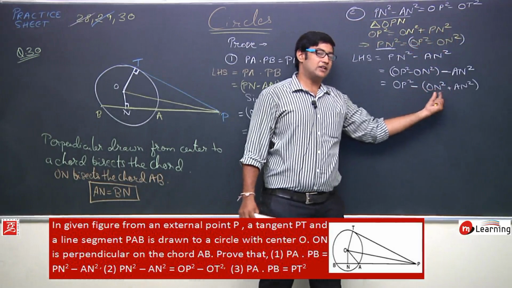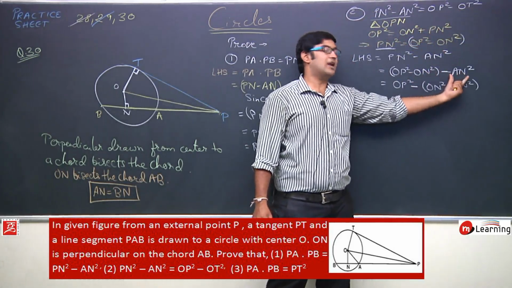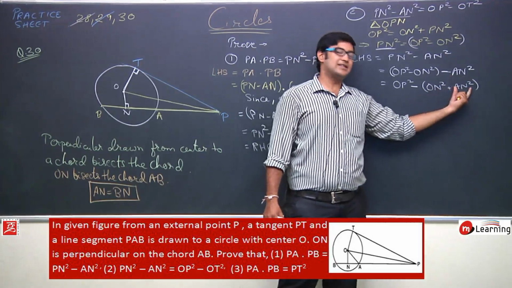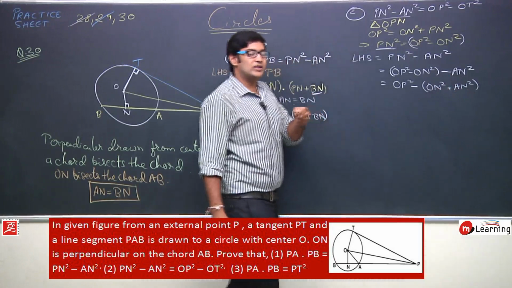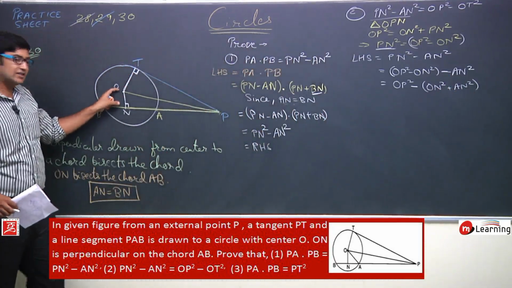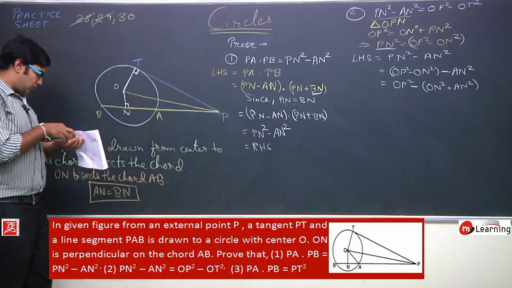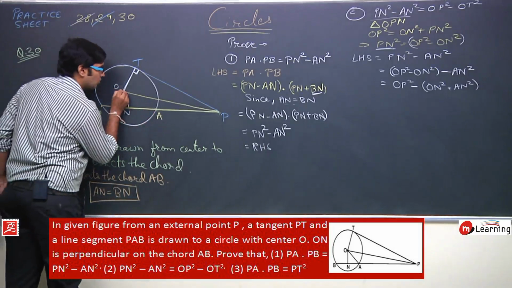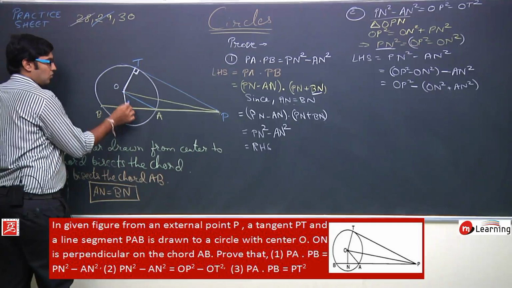So what I have done is I have taken this two in bracket, this ON square and AN square. So ON square plus AN square has come here. Now can you analyze what is ON square plus AN square? ON square is this, and what is AN square? It is this. So if you draw a line from this O to this A, you can see triangle ONA